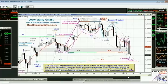Look at the left side, right side, price time match, and the ChapmanWave inside wedge target line pointing to the 12,770s. First, a pop is possible to 13,050s. Well, today, the only thing we could do is go to 12,980. Days young, but let me tell you something. After a 300-and-something point smash to the downside yesterday, so far, I'm saying this to the market loud